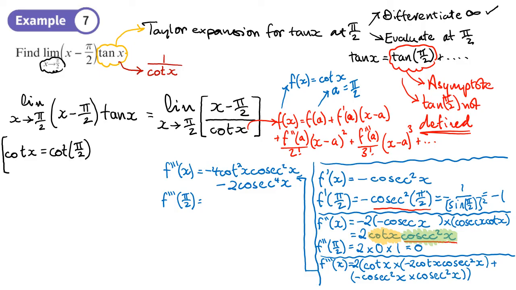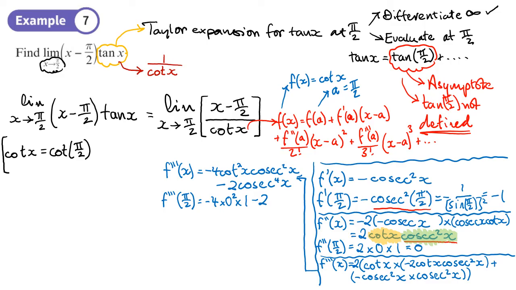So it's going to be minus 4 times by cot pi over 2 squared. Now cot pi over 2 is 0, so it's going to be 0 squared. Now it's going to be 0, but I just want to show you cosec squared of pi over 2. Now we've worked that out before, haven't we? Cosec squared of pi over 2, so it's not going to be negative 1, because that's negative, it's going to be plus 1. So we can put times by 1 here, but obviously that becomes 0, minus 2 times by